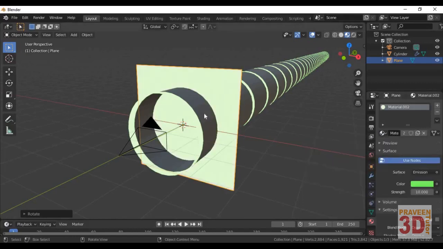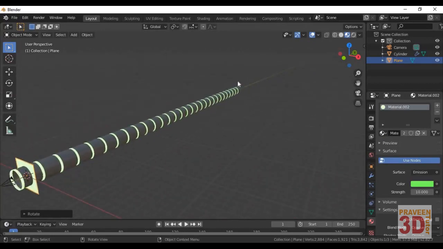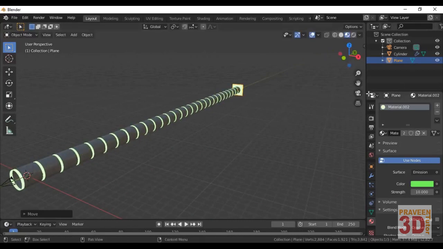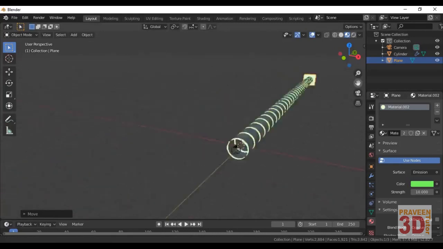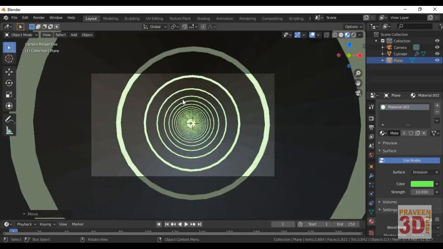Select that one, it will automatically sync to the color. I'll pan here and select the plane, then G, then Y, and move it to the last one. Let's see. Okay, it looks good. Then confirm once again with 0, so it looks okay.